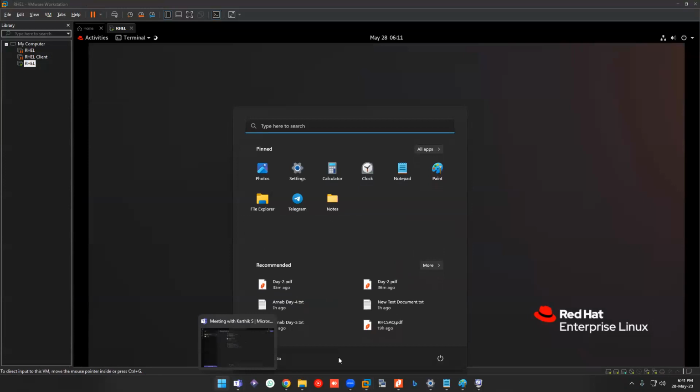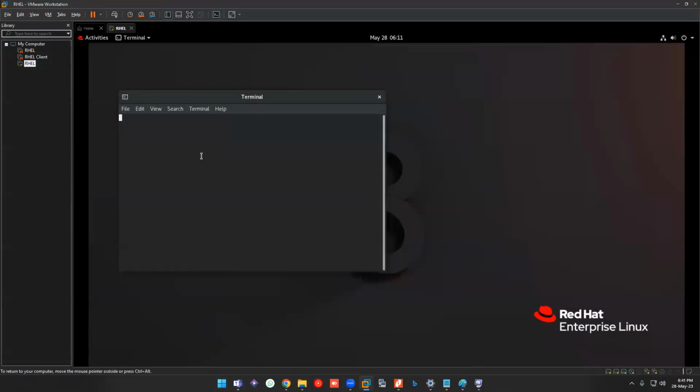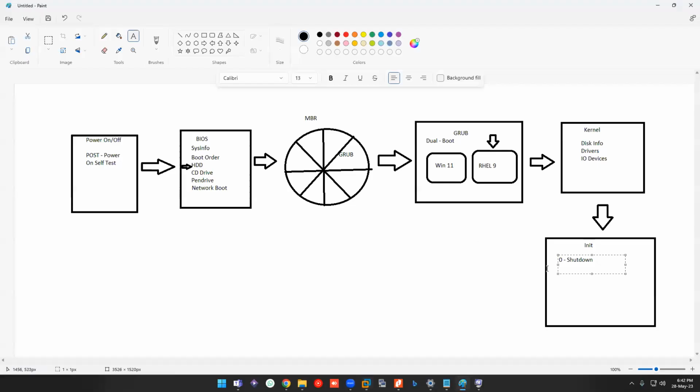It is just like your shutdown icon here. If I type init 0, it will shut down the machine. It might take some time, but it did shut down, right? That is the purpose of this init level, run level.